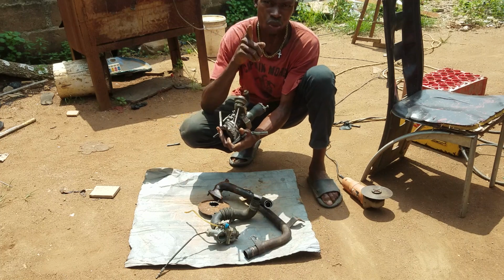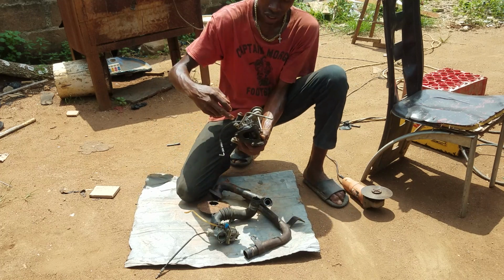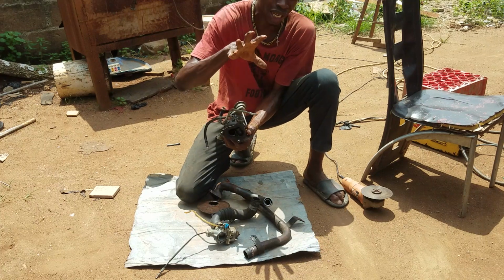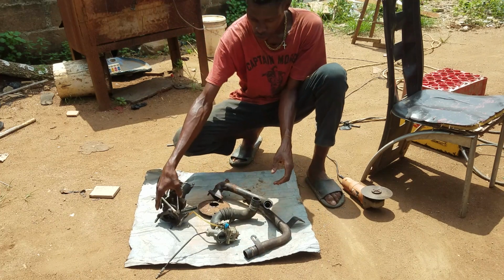But the reason why I don't want to go with that method is, what if the fuel pump fails? That means this oil will start coming out from here, and it will start producing smoke on the car. So that is the reason why I want it to work under the law of gravity. So you can see here now,